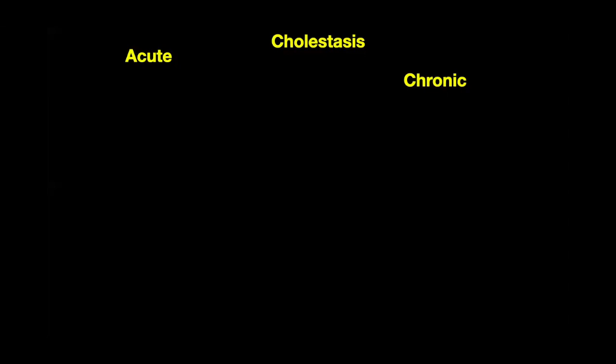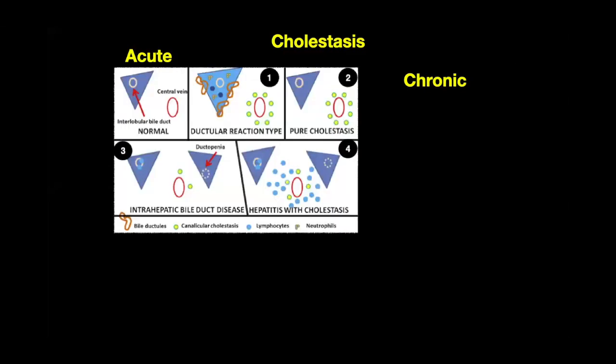I just want to end it with how to approach cholestasis. As you all know, cholestasis can be acute and chronic, and again clinical history is very important to differentiate acute and chronic. In acute, you see 4 patterns. First, let us familiarize with the normal. Here you can see the central vein, portal triad, and since it's a cholestasis, they have drawn only the bile duct, single normal bile duct. So this is the normal.